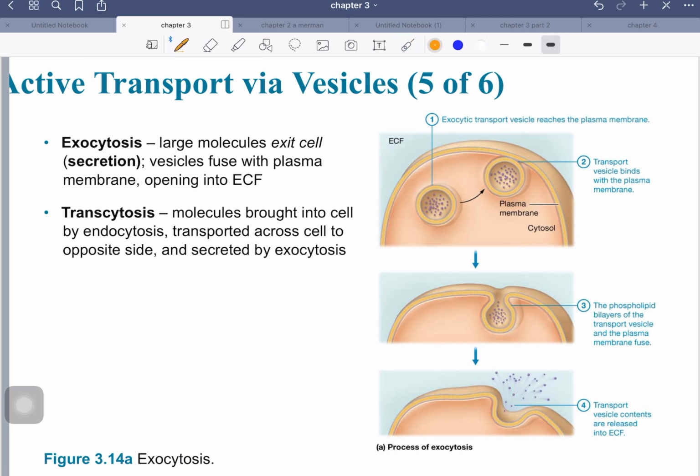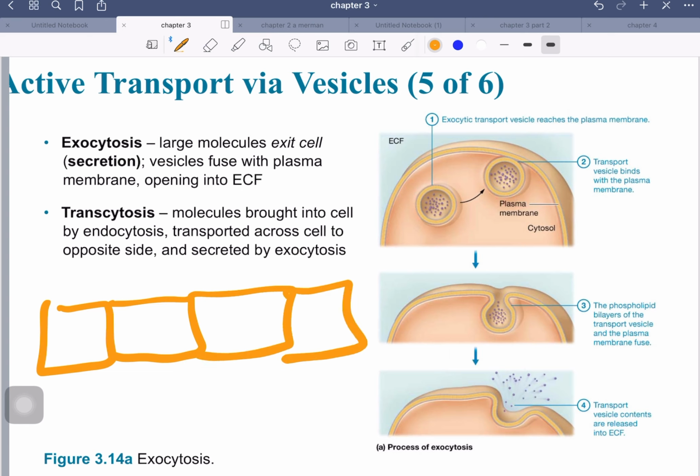So, I could have the situation where I have a number of cells that are forming some type of layer. And if a material wants to get through, it's having a hard time getting through there, especially if it's big. So what can happen is the material can basically enter this side of the cell and form a vesicle,